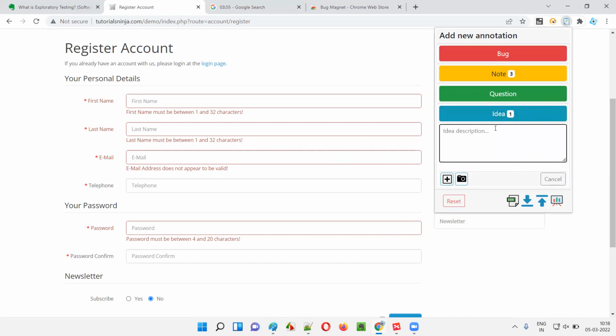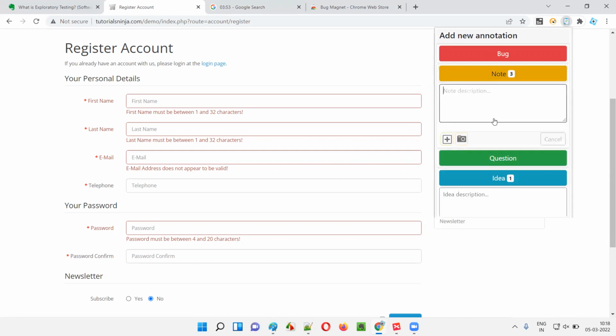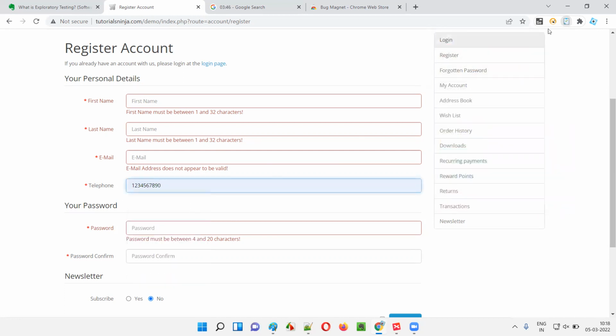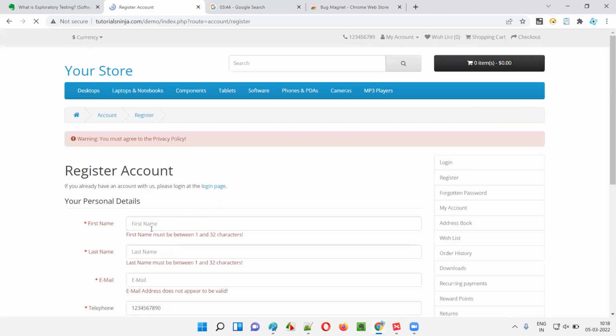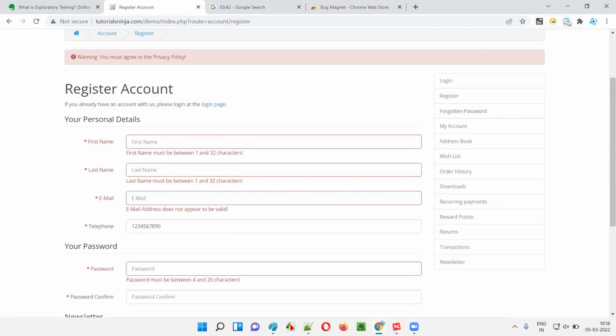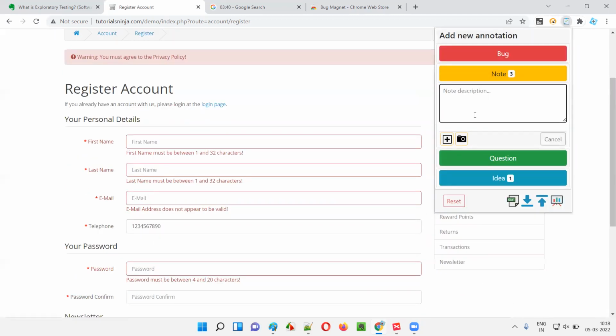Some notes will come, and also some observations will come, right? Those observations you can add here. What is the observation while testing this telephone field with a valid number? It was accepting, right? So that test result I'll write here in the notes. What is the test result? I'll write a test result saying that